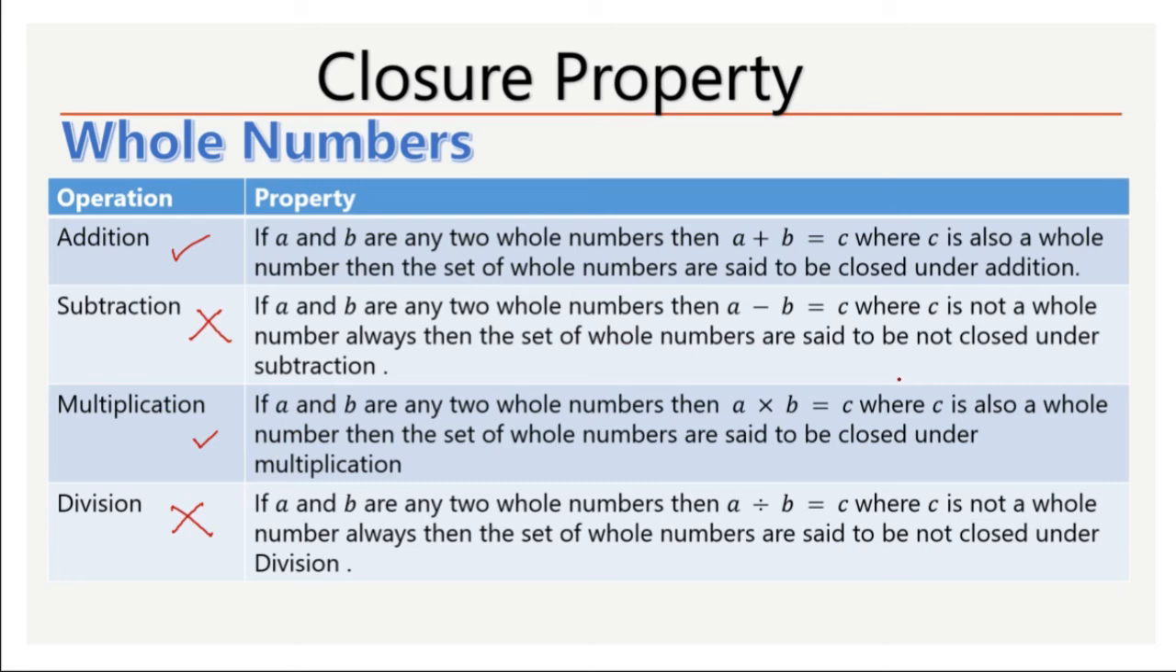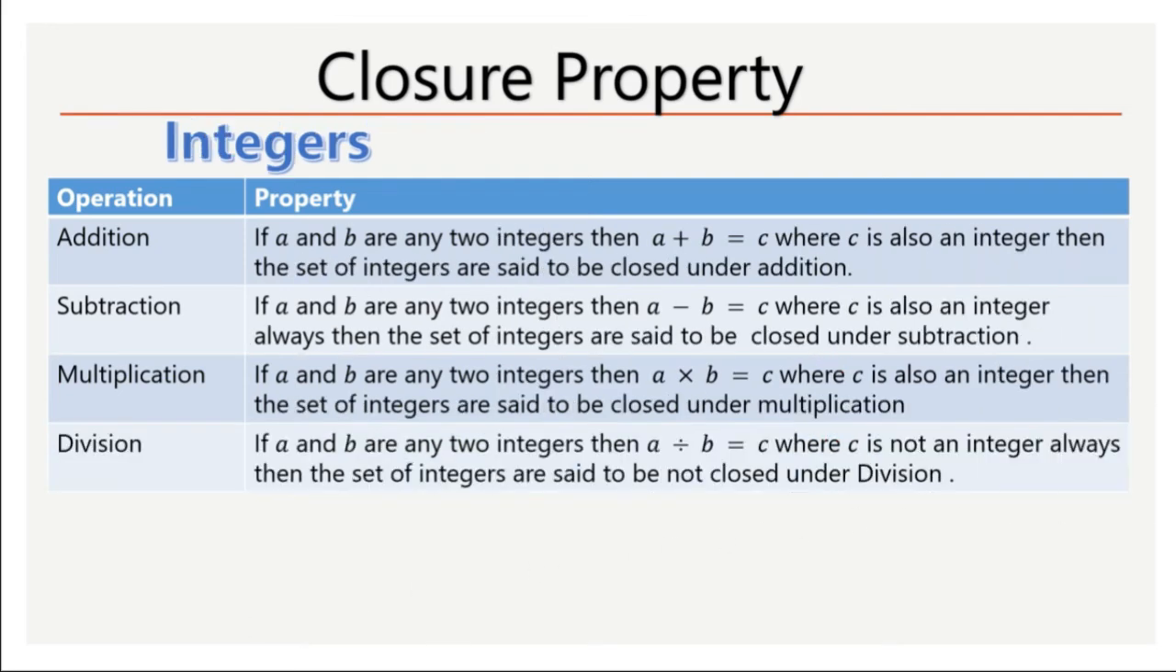Is the same thing applicable in the case of the set of integers? Let's look into that. When we look at the set of integers, if a and b are any two integers, then the sum of the integers is also an integer, so the set of integers is said to be closed under addition. Let me consider the set of integers. The set of integers contains negative numbers,